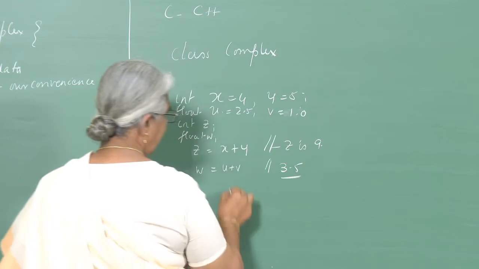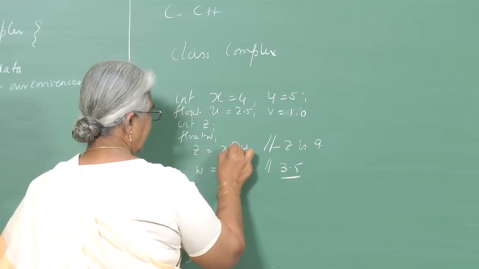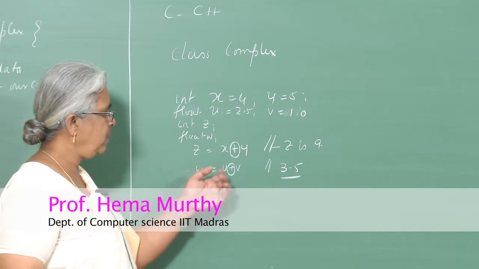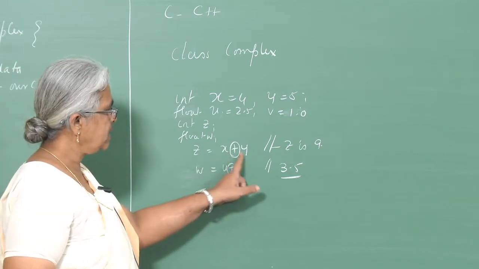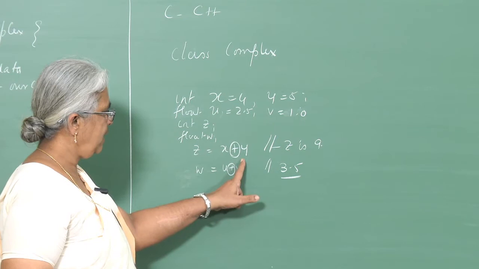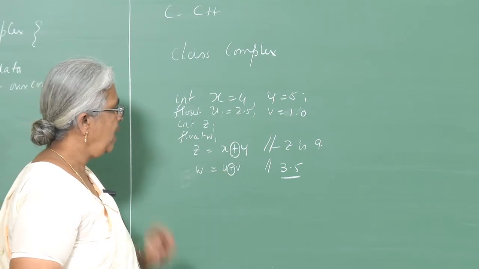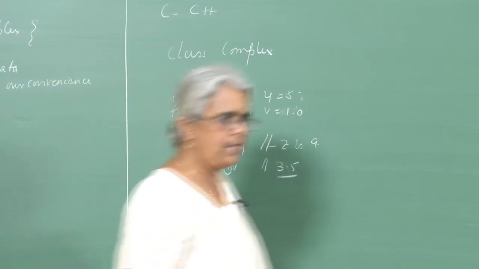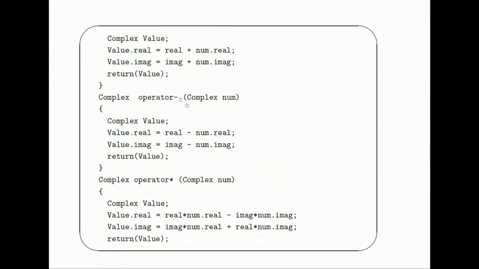Okay. So, clearly what is happening is, notice that the plus operator in C or C++ is already overloaded. What does it mean by overloaded here? In this context, it knows that the operands are integer, and in this case it knows that the operands are float. So, what we are doing here in this example is that it is already overloaded, and we are overloading it for one more type of operand. And what is this type of operand? Complex. So, that is what we have done here.